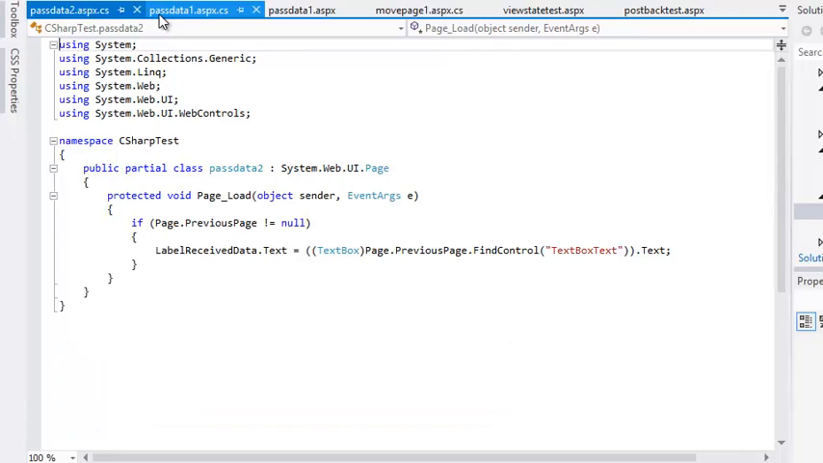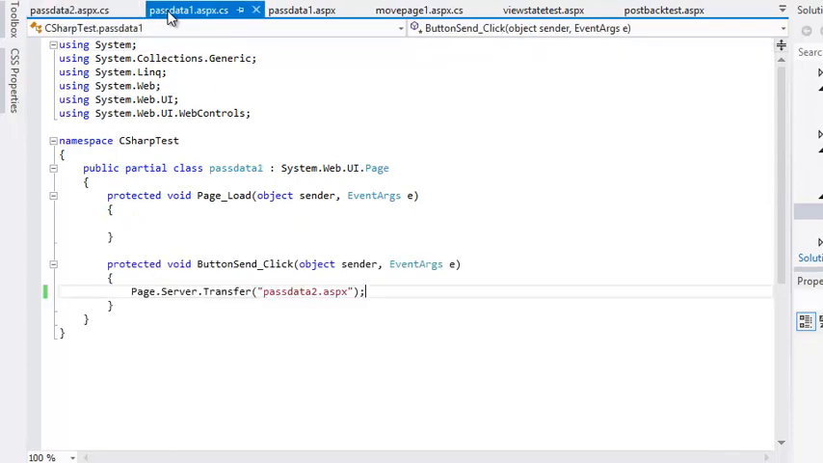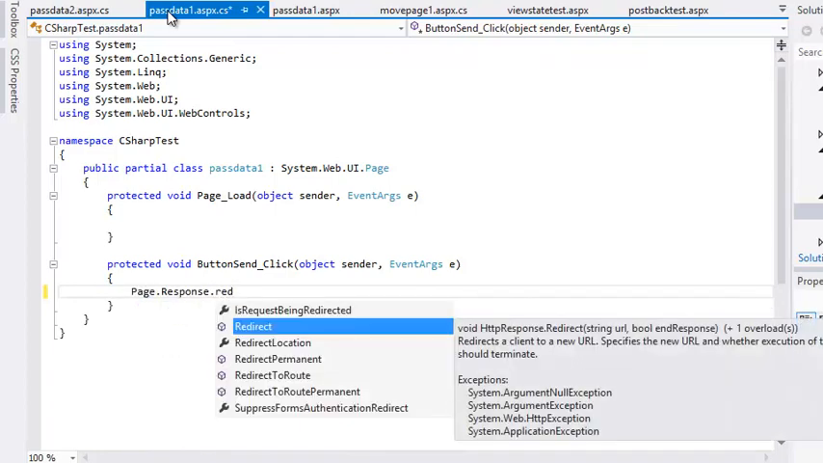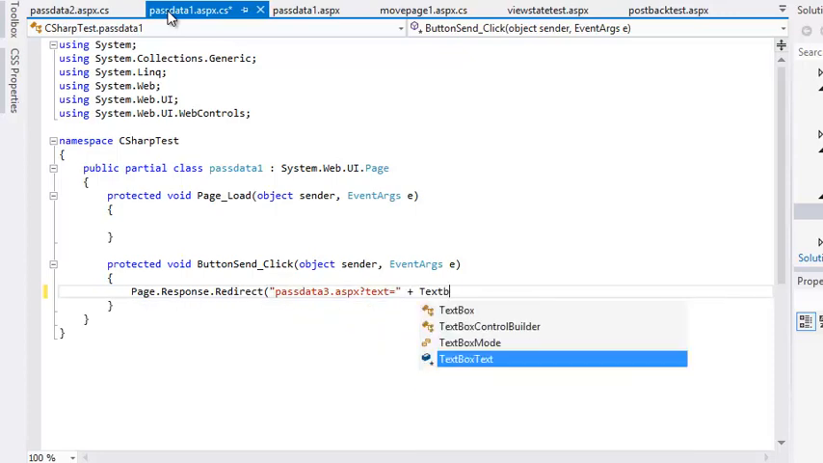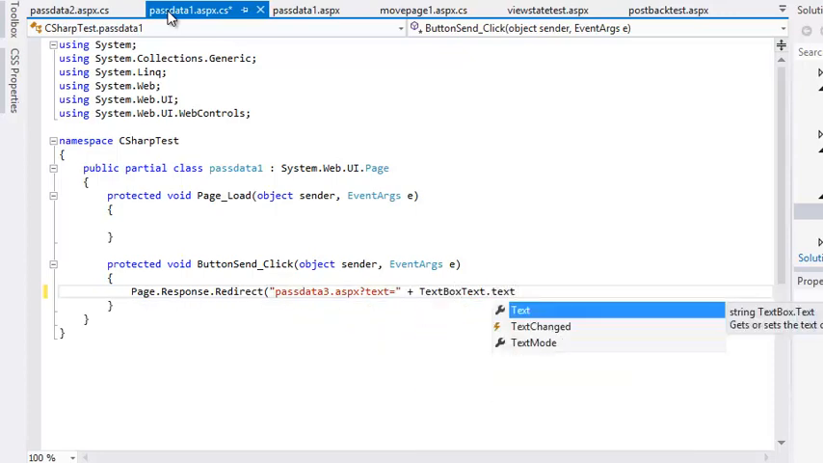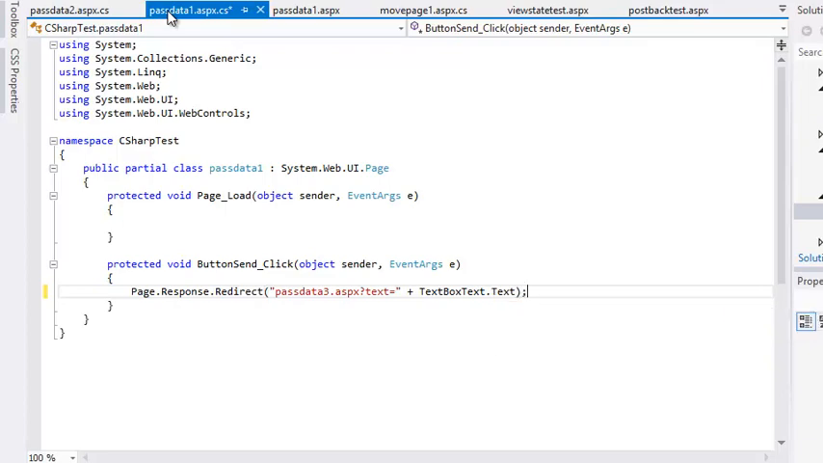Return to the code behind file of passdata1.aspx. Remove the code from the button send click event handler and add the following code: Page.Response.Redirect("passdata3.aspx?text=" + TextBox1.Text);